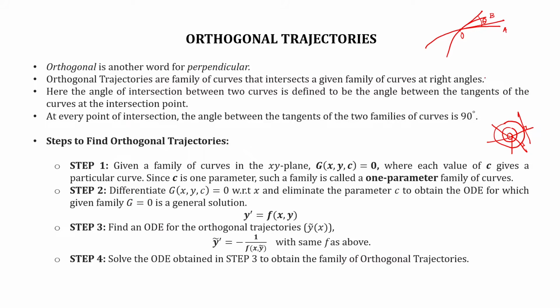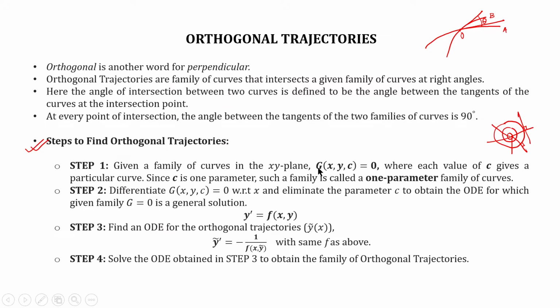Now since the circle is a simple shape, we found its orthogonal trajectories by just inspection. We just guessed that the straight lines would be orthogonal to the circles. What about an ellipse or any other figure for which we want to find the orthogonal trajectories? Since these are very important in mathematics and physics, we have to have some steps to find the equation of the orthogonal trajectories to a given family of curves. So these are the steps.